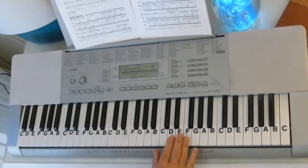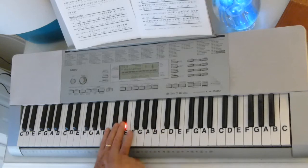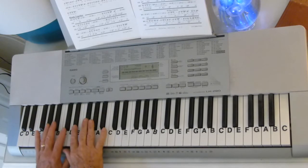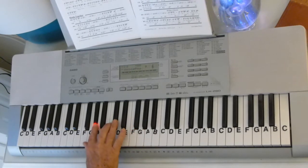So in the circle of flats, if we go through the flats in order, you go down by fifths: we've got a B flat, and an E flat, and an A flat, and a D flat, and a G flat. So they're all covered. B flat, E flat, A flat, D flat, G flat. So these 2 white notes will show up all the time. A flat, C,